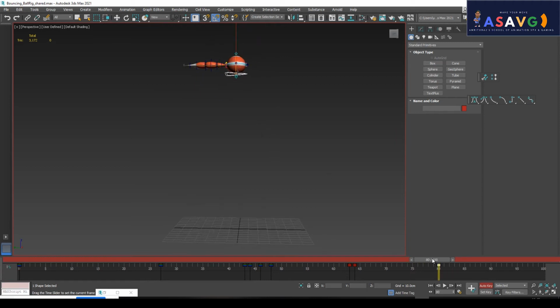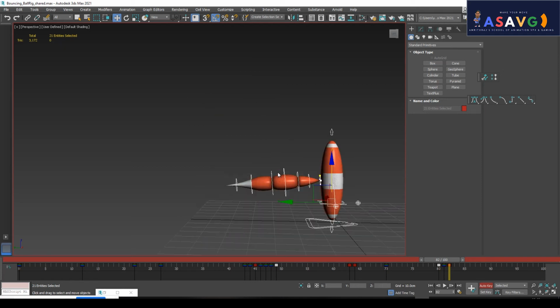Okay, now he is coming down. So down means I want a pose from here also. Okay, so I'm selecting this and I am making him down. Okay, he's coming down and making him more stretch, and this area also I want a pose right here on the down area.